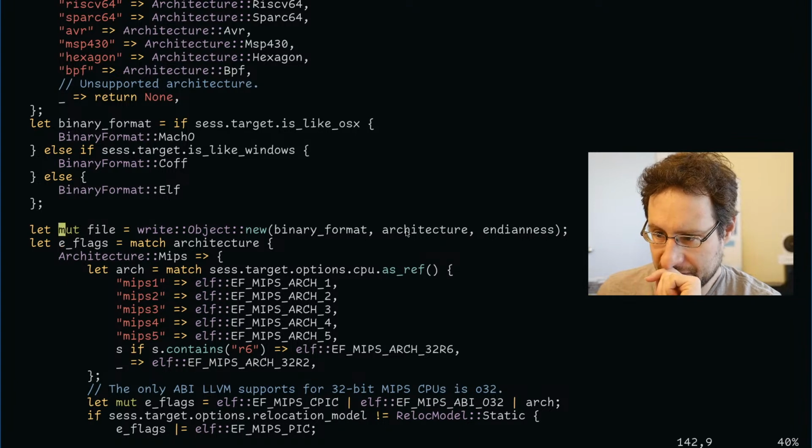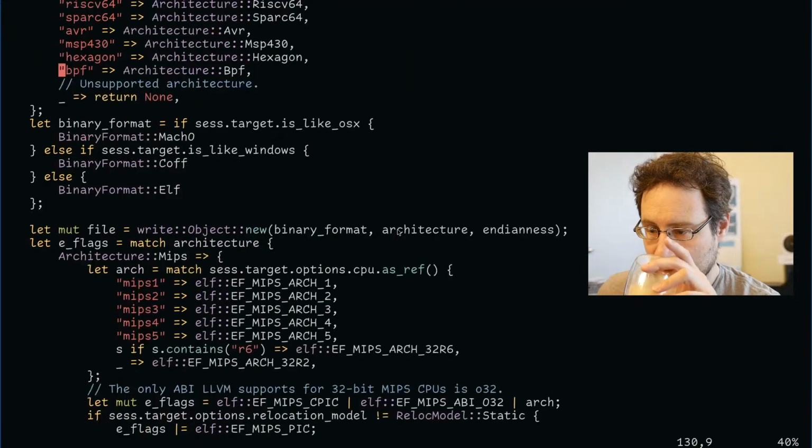So where do they, okay, they do here write object new architecture, and okay, they have here architecture from this architecture there.